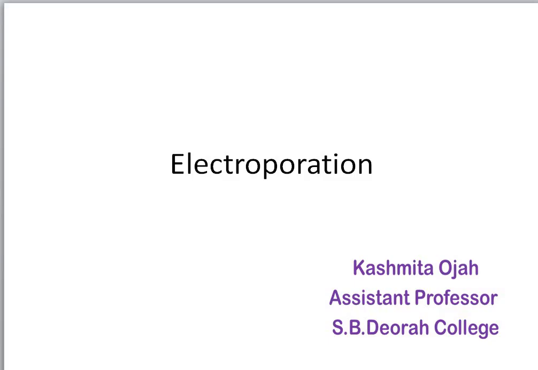Agrobacterium tumefaciens is a gram-negative soil bacterium and it causes crown gall disease in plants. Crown gall disease is like a tumor disease. It forms a gall or a tumor in plants. Since this tumor is not beneficial, what we do is use the fact that this bacterium has a plasmid inside it, the Ti plasmid, which is the tumor-inducing plasmid. This Ti plasmid has a tDNA region, and this tDNA region is transferred into the plant cell.